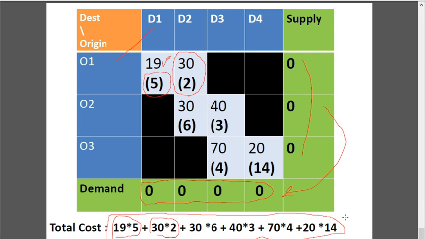And the thing to remember is this solution which we have got may be the optimized one or may not be the optimized one. The northwest corner method gives you one of the feasible solutions. That is, it gives you one of the ways to satisfy the demand from the supply. It may be optimized. If it is not optimized, we need to optimize it further using different methods, which we'll be seeing in the further tutorials.